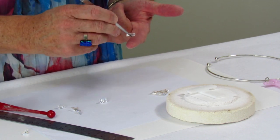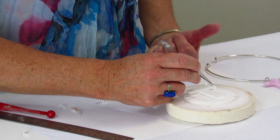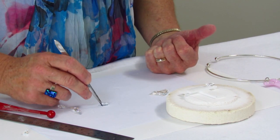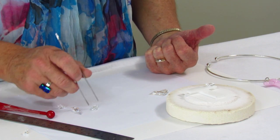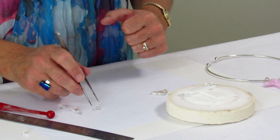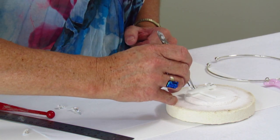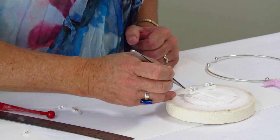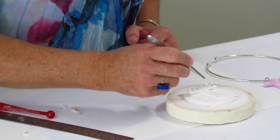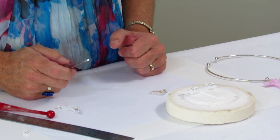Now I'm going to put the dichroic side down because I think that will give quite a stunning effect. And I'm just using my tweezers because what I've actually got going on here is a little bit of a seesaw, and my fingers won't help the situation much at all. Okay, so I've got a little piece on each end, and